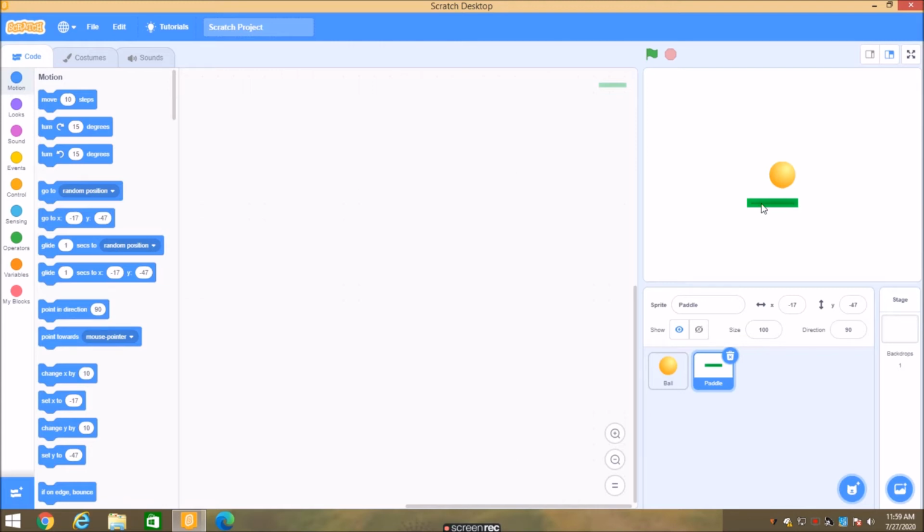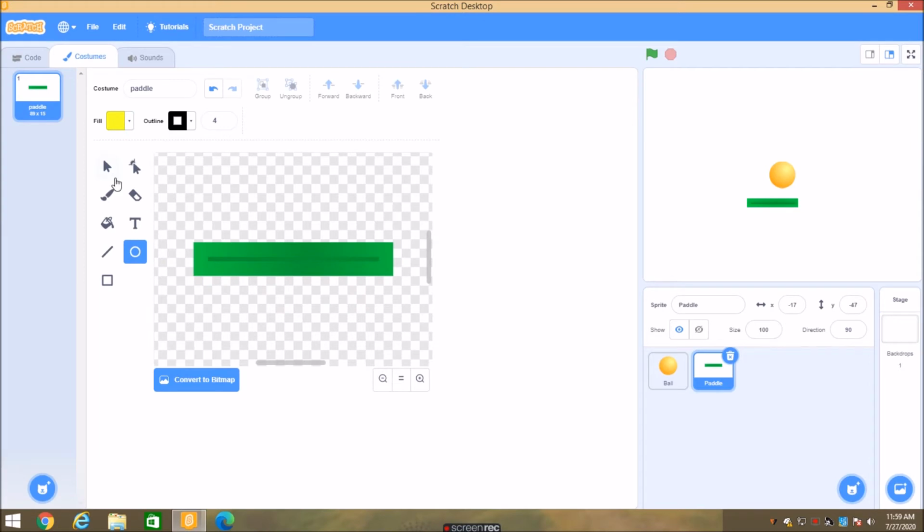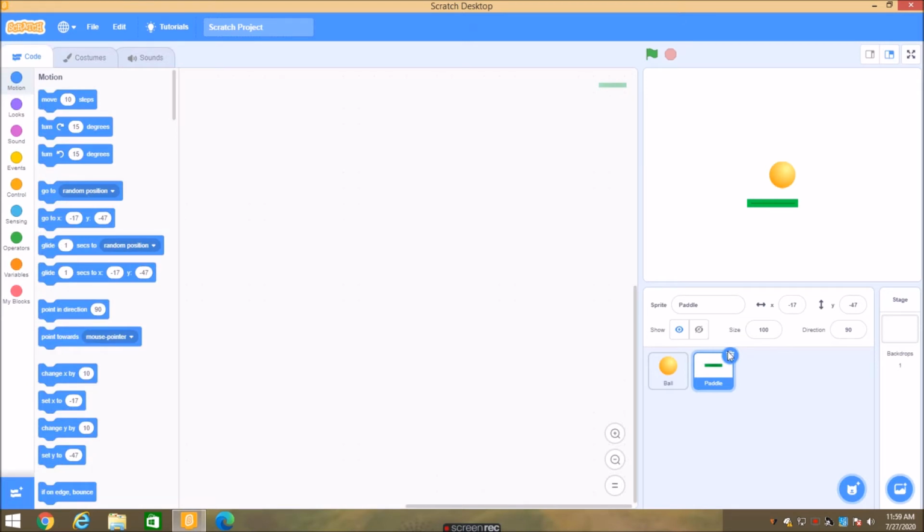Let's see, if we flip it, then also we cannot. If we put it horizontal, then also we cannot. It will not flip, and vertical also does not work. So I don't think this will help us. For the paddle, we need to create one of our own.